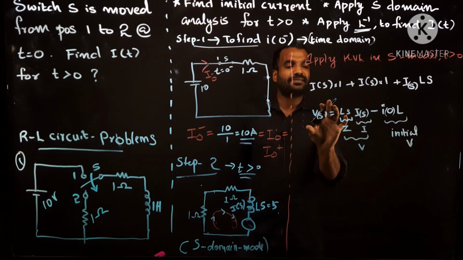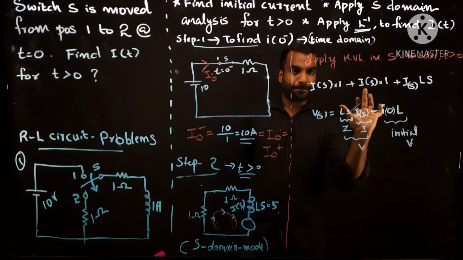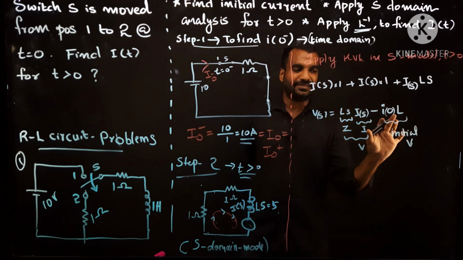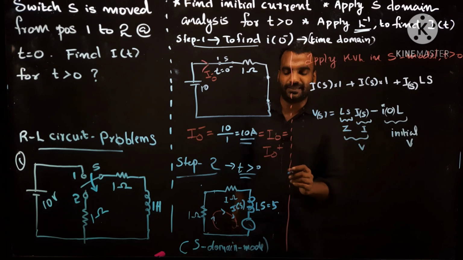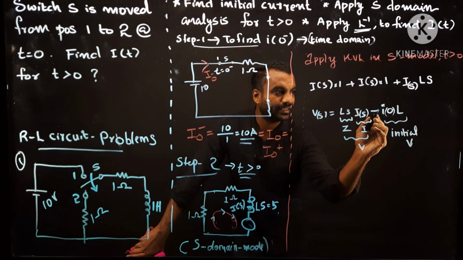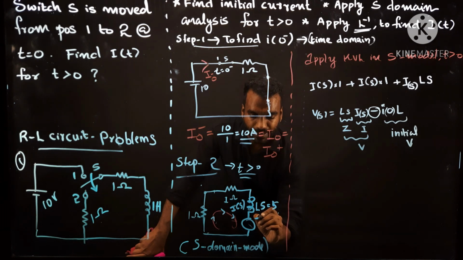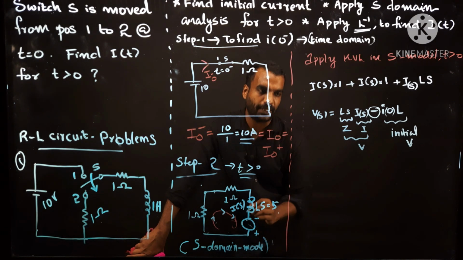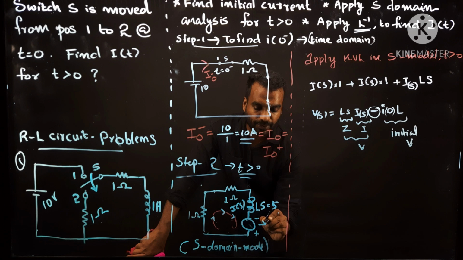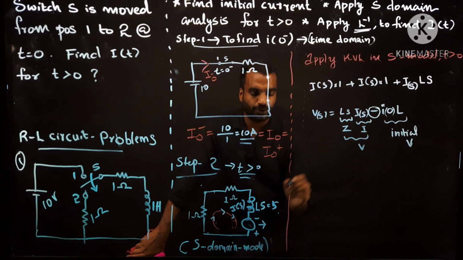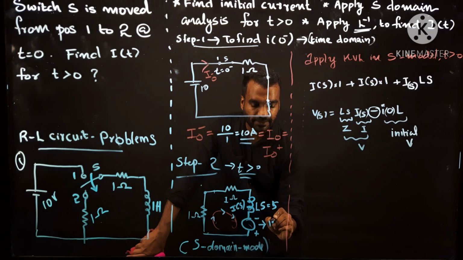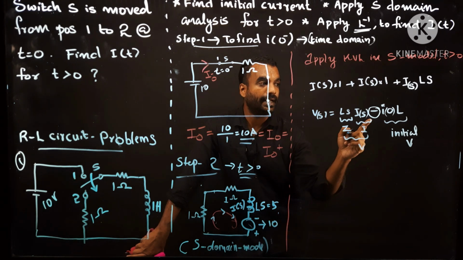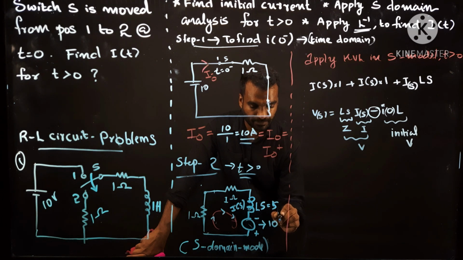So whenever an inductor is there, we have to replace it with both these things. If initial current is there, I have to add this also. In this problem, initial current is there. As negative is here, we have to add minus at the top side and positive polarity at the bottom side. Its value is I0 into L. I0 is 10 ampere and L is equal to 1.